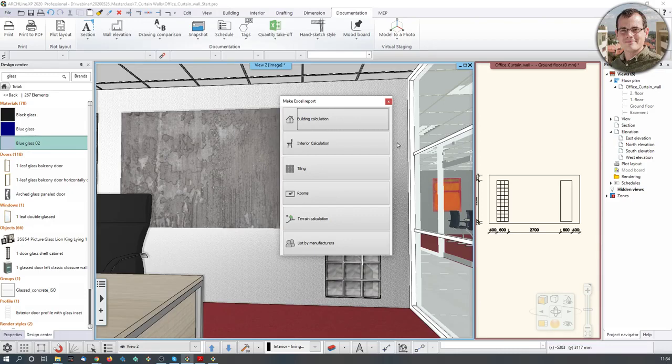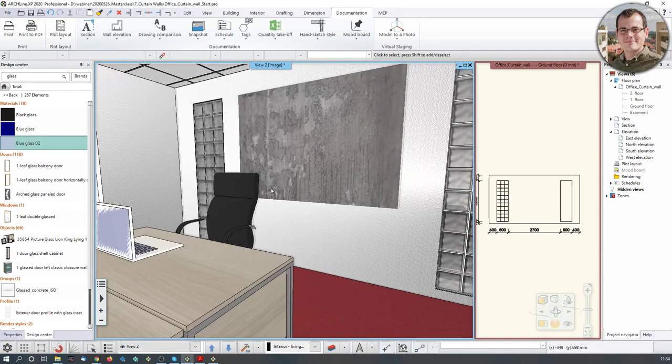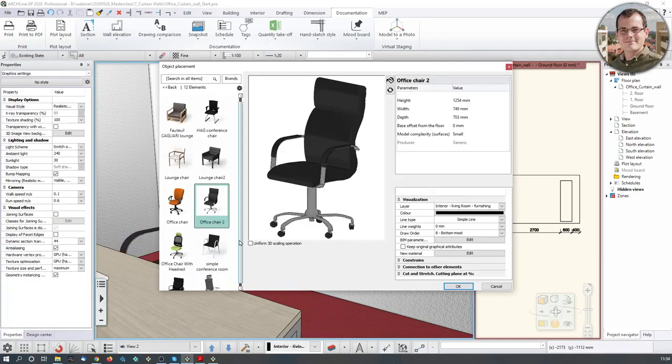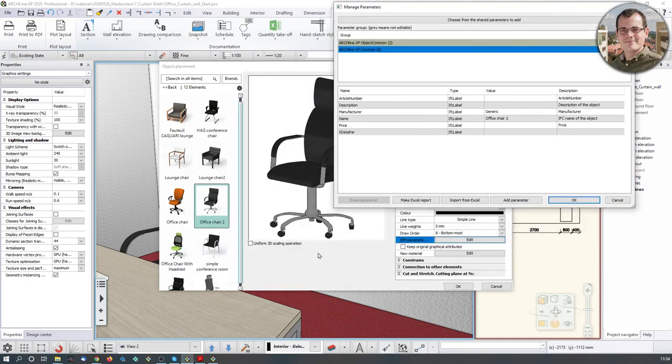There's another question. Is there a way to create the 3D parts first and then attach the part information one by one for documentation extraction? Again, this really doesn't concern today's topic, but you can do that. If you're talking about adding data to a 3D element, let's just assume that this is the element in question. You go to the pencil and add the parameters over here, so you can add parameters to any kind of element, for example to this chair. If you know the manufacturer, then you can fill in this data,